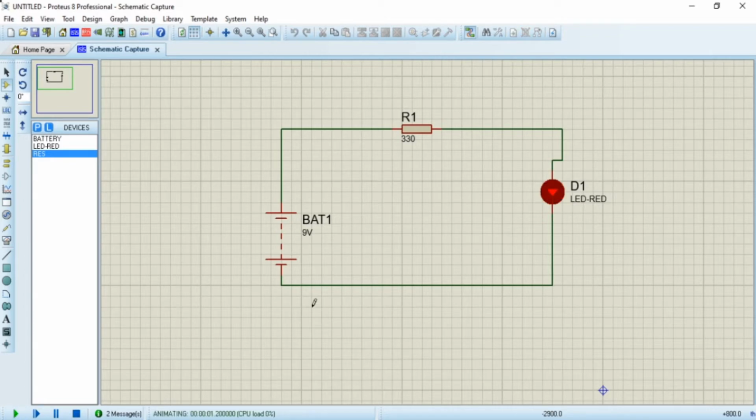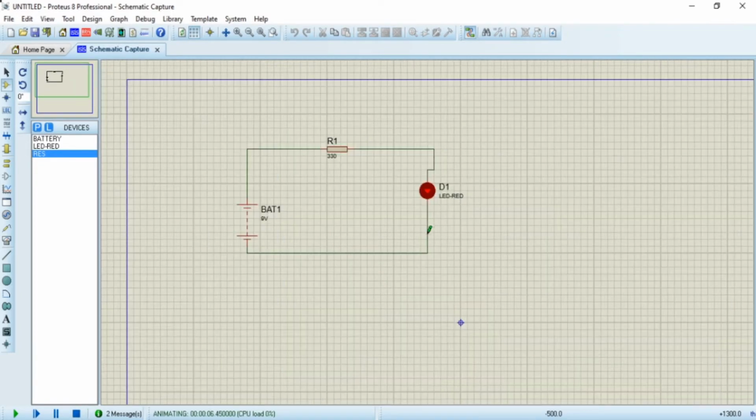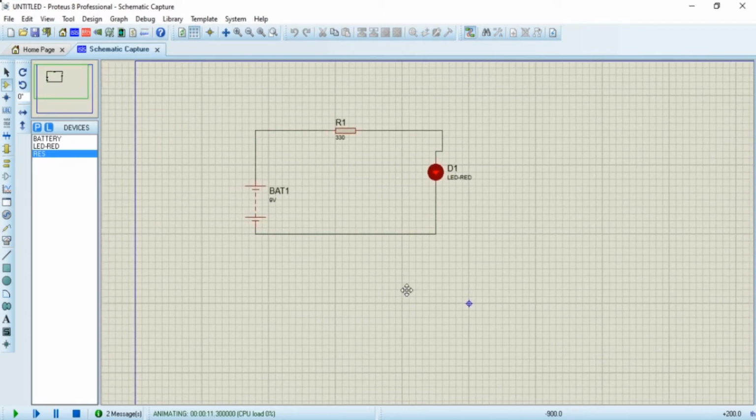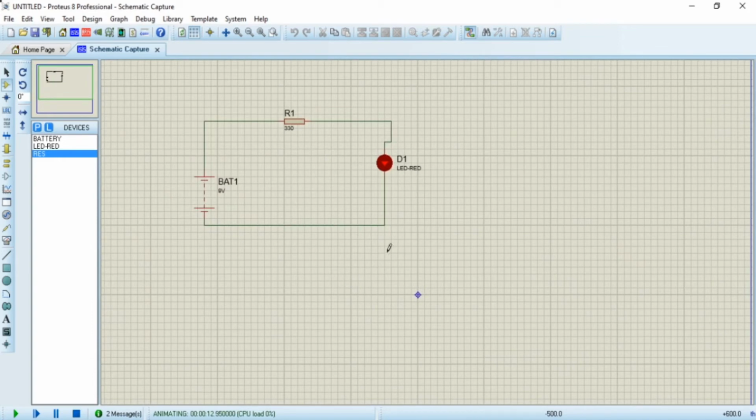So our circuit is successfully working now. Once your circuit is completed, then run the simulation. Okay, now it's working. So this is a little bit of an idea how we are going to design the circuits. This particular software supports both programmable and non-programmable circuits, and you can use this software for your circuit designing purposes.